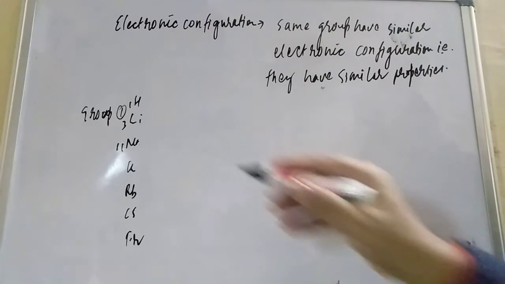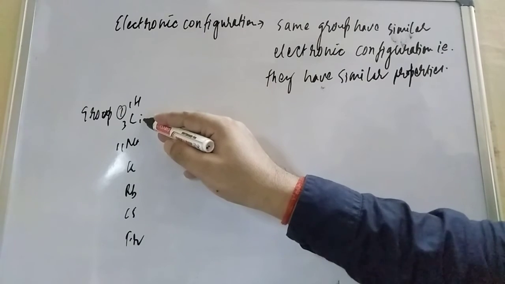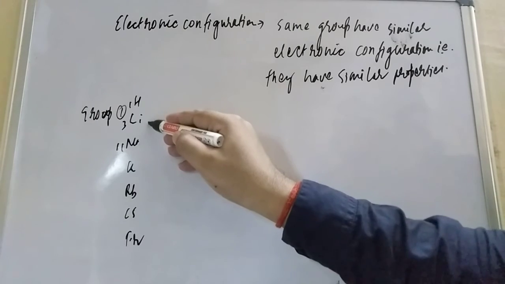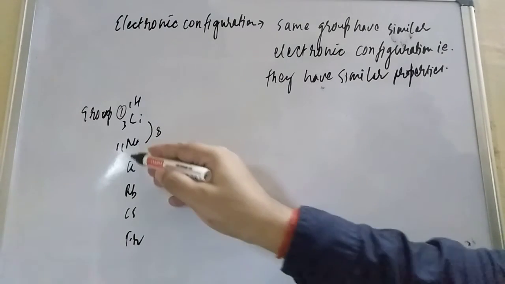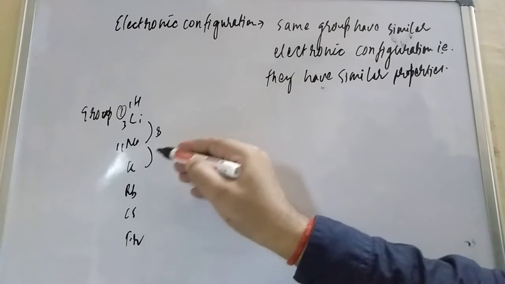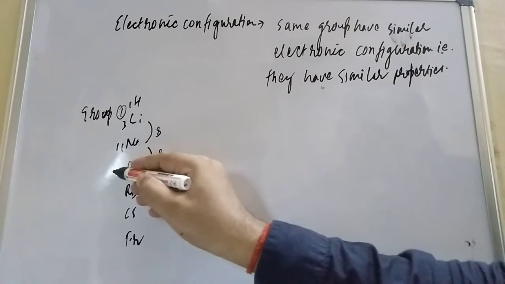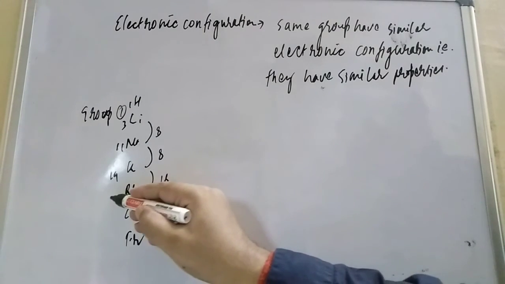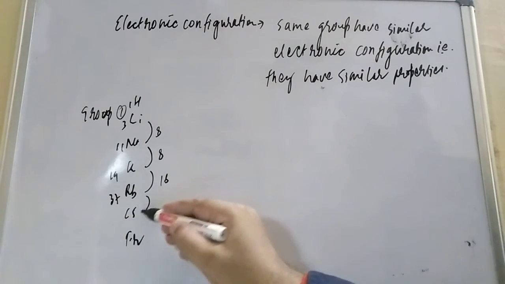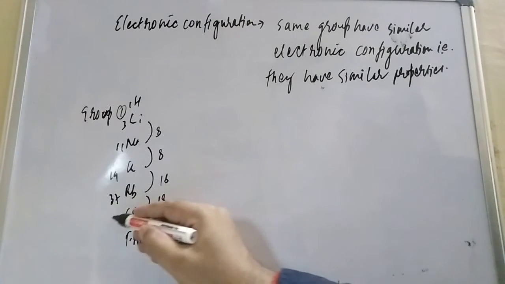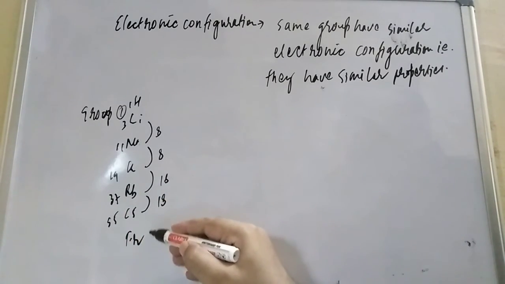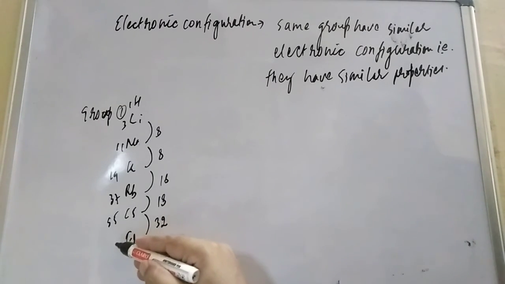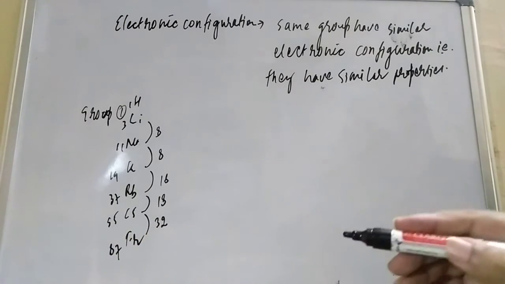If you want to know, student, the first group 2, if you talk about the second and third periods, each is having 8. So if you are adding 8, how much do you get? If you again add 8, student, you get potassium, that is 19. Now if you add 18, you get 37. Again if you add 18, student, you get 55. And if you add 32, you get 87. This is the atomic number.